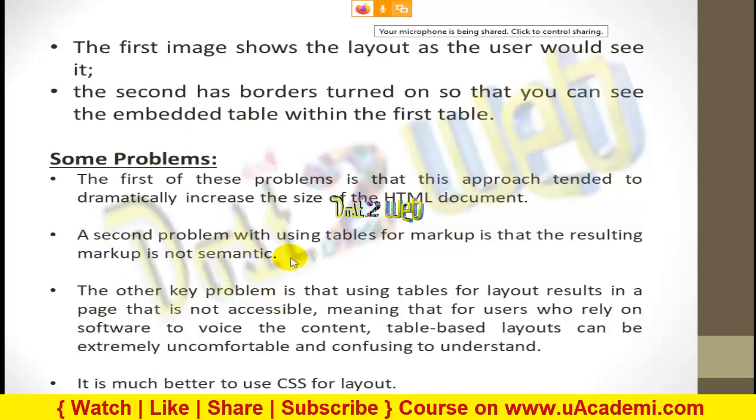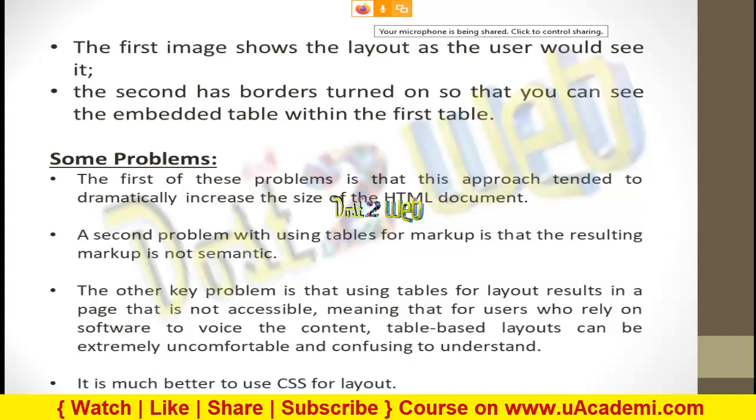What are the other key problems? Using tables for layout results in pages that are not accessible. When you create the page, sometimes it will not be accessible, meaning that for users who rely on software to voice the content, table-based layout can be extremely uncomfortable and confusing to understand.